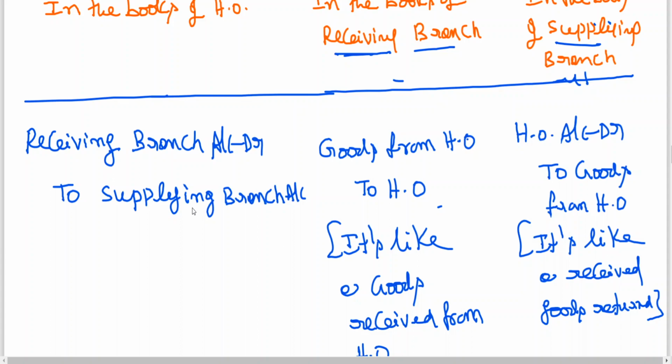Branch account will be debited in the books of head office whenever head office supplies something, or whenever an amount is due from the branch to head office. Whenever the branch gives something, branch account will be credited, meaning reducing. Debit branch increases, credit branch decreases. That is in the books of head office. Vice versa, in the books of the branch, debit decreases whenever you make a payment, and credit increases. It's a liability. For a branch, head office is like a creditor. For a head office, branch is like a debtor. Clear to all of you? Debtor means debit balance, creditor means credit balance.